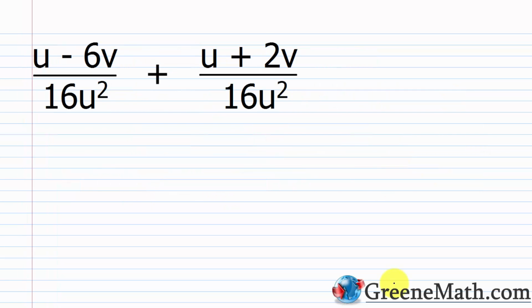All right, for the first one we're going to look at, we have u minus 6v over 16u squared, then plus u plus 2v, again over 16u squared. So you can see that we have a common denominator of 16u squared. So just like with fractions, all we need to do is add the numerators and put the result over that